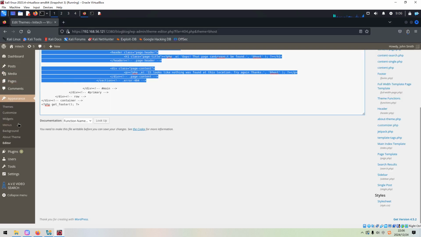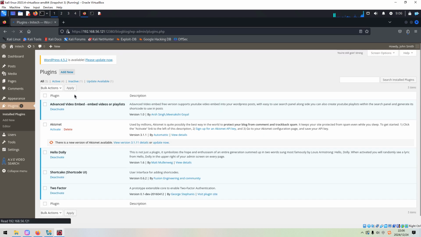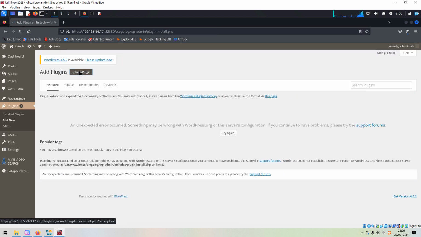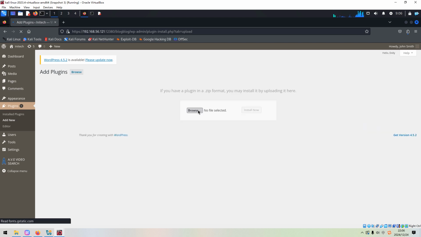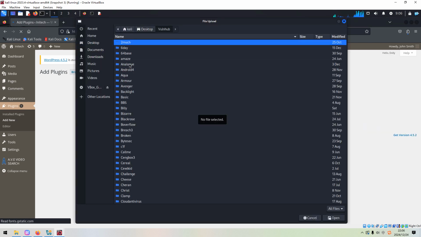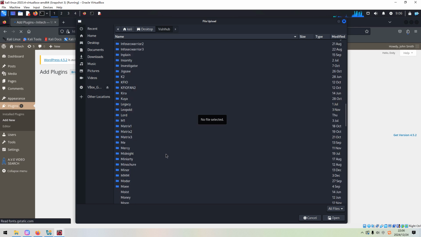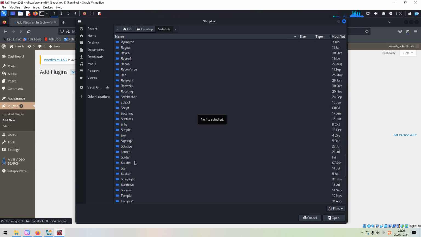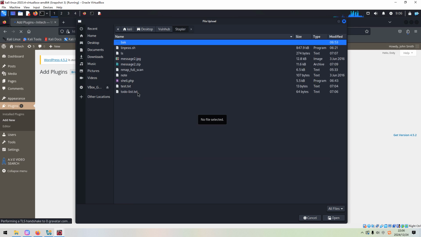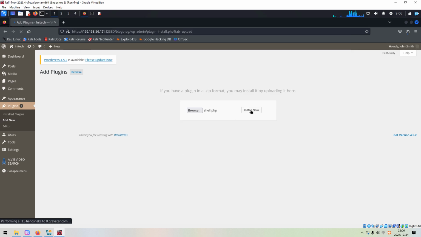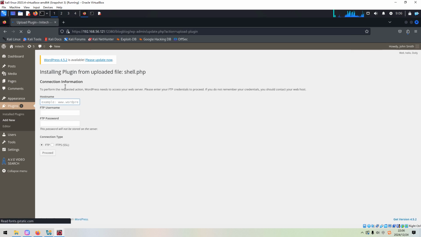And now we can go to plugins, and then we can try to add a new plugin by upload. Okay, we can browse, navigate to our working directory, select the file, and click install now. Although, as you can see, we got an error. It looks like the plugin is not installed successfully, right?